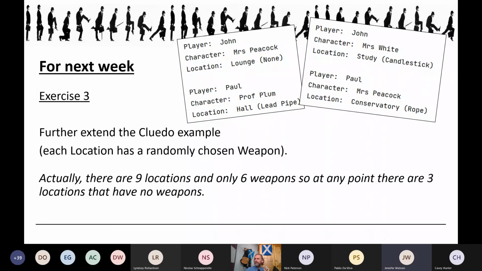Okay. No, hang on. So it says there's 9 locations and 6 weapons, right? But there's not 9 suspects. So does it really matter that there's only 6 weapons? What it's saying up here is that the location has a weapon, but there are more locations than weapons, so not all locations can have weapons. Ah, right, okay, I get it. What now, do you put in there if they don't have one? Pending choice. But it's part of what you need to think about, and it's part of this whole design thing as well. So I'll be interested to see the different approaches that you guys all take.